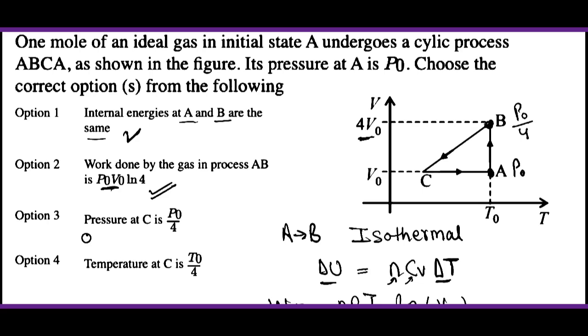अब आते हैं C पे। तो देखो हमें क्या बोला है, प्रेशर एट C इज इक्वल टू P₀/4, ठीक है। मतलब C पे प्रेशर P₀/4 है। अगर ध्यान से देखें तो ये क्या है, वॉल्यूम, और ये है टेम्परेचर, है ना। तो हम इस ग्राफ को देख के ये कह सकते हैं, मतलब प्रोसेस B से C के लिए सिर्फ, कि वॉल्यूम इज डायरेक्टली प्रोपोर्शनल टू टेम्परेचर, है ना। क्योंकि जैसे जैसे वॉल्यूम डिक्रीज कर रहा है वैसे वैसे टेम्परेचर भी डिक्रीज कर रहा है, देख सकते हो वॉल्यूम डिक्रीज कर रहा है तो टेम्परेचर भी लीनियरली ही डिक्रीज कर रहा है ना। तो ये चीज़ किसके लिए कह सकते हैं, B